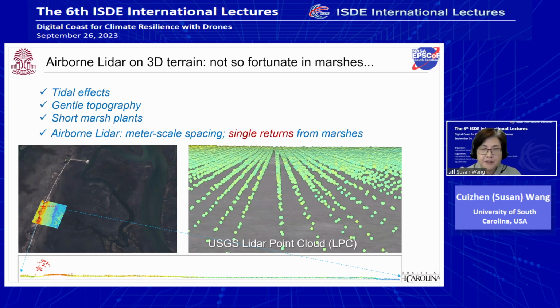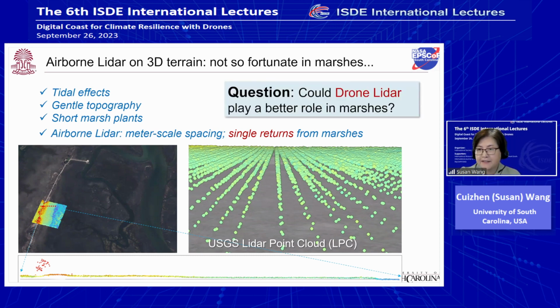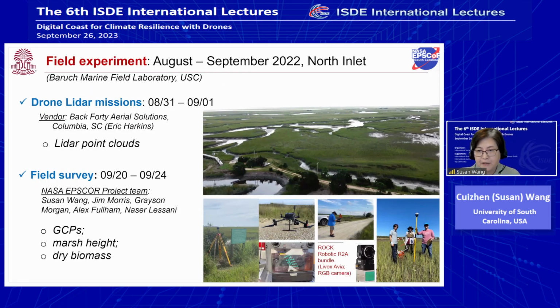So that triggered my thought, since drones have now been used everywhere, whether we call it UAS or UAV, and drone technologies have been widely applied. My interest here is to check whether drone LiDAR could play a better role in detecting this 3D marsh structure. In a field experiment last August and September, we set up this field and launched the drone LiDAR flights